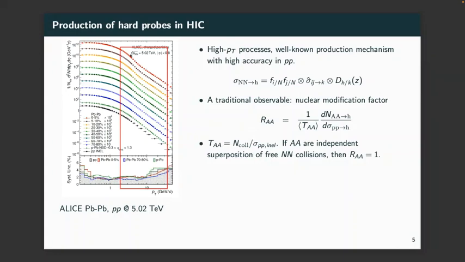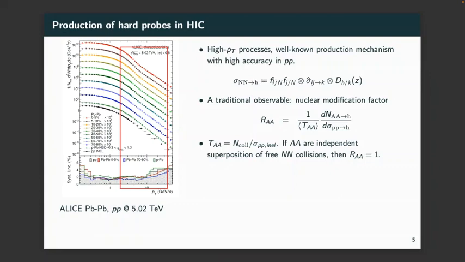So on the other side of the spectrum, you have the hard particle production. Of course, the problem is always about the statistics. As you can see, the number drops very quickly. But their usefulness is that for these high pT processes, usually the production mechanisms are very well known to quite good accuracy. For example, in proton-proton collisions, usually for the production of high pT